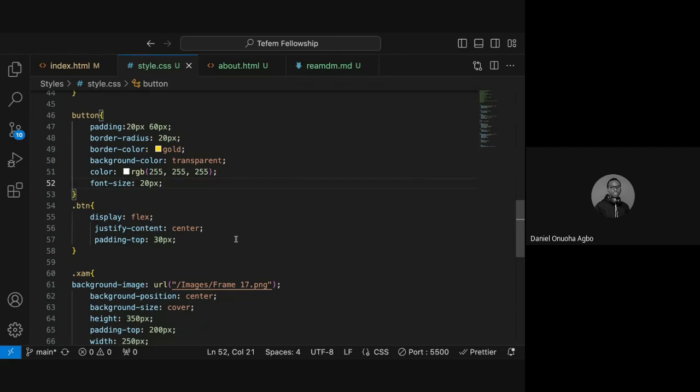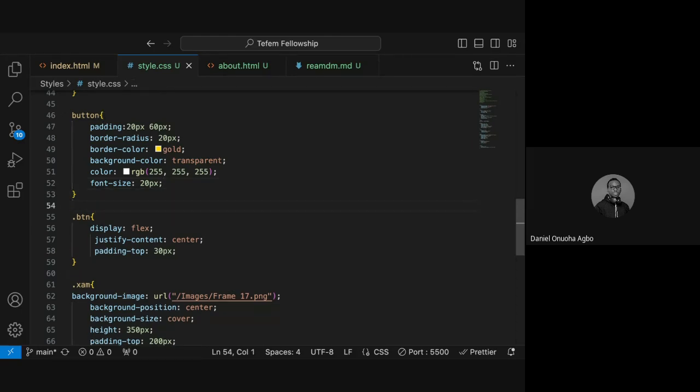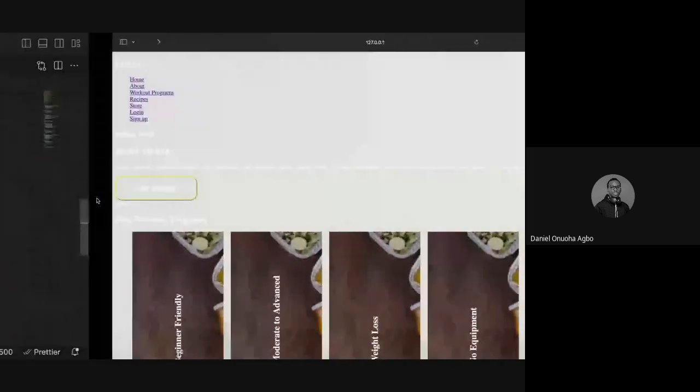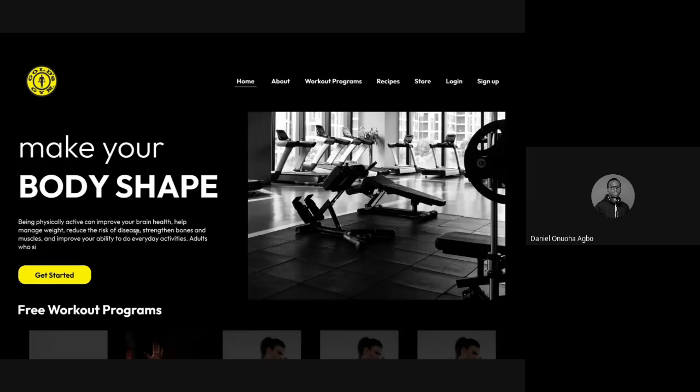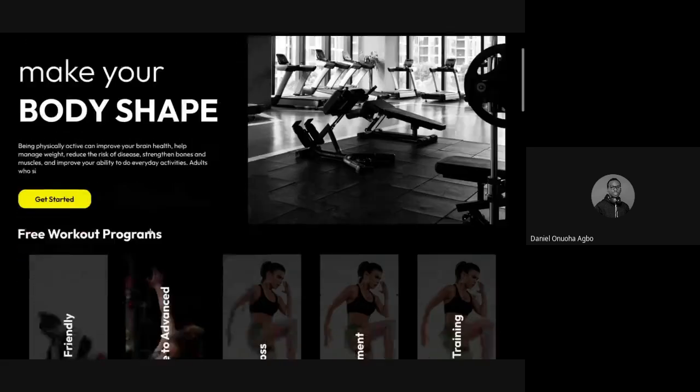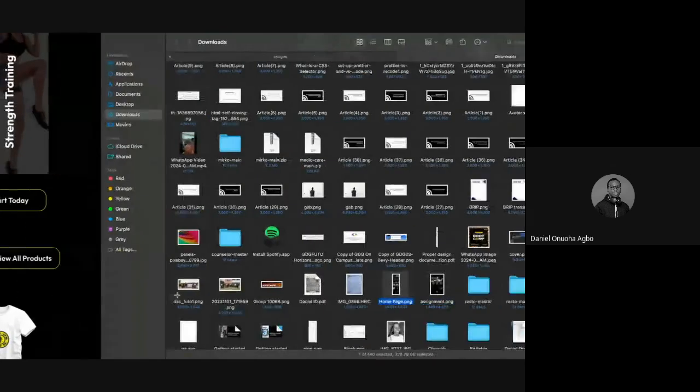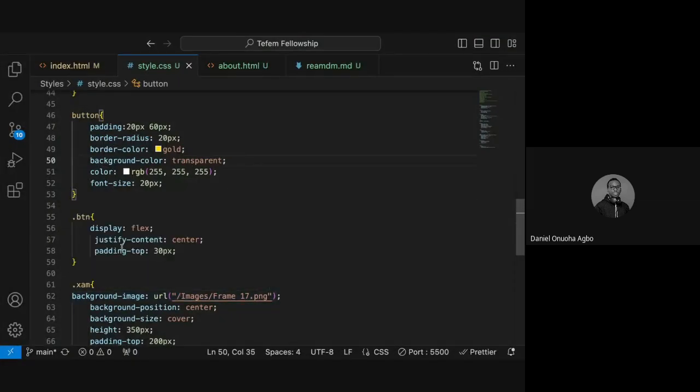Okay. All right. So we first defined our button using the element name. With that, every button takes this default size. We just created a default size for the buttons. Like we said, every button here had the same display, except for a few, which we will get to. So we now created